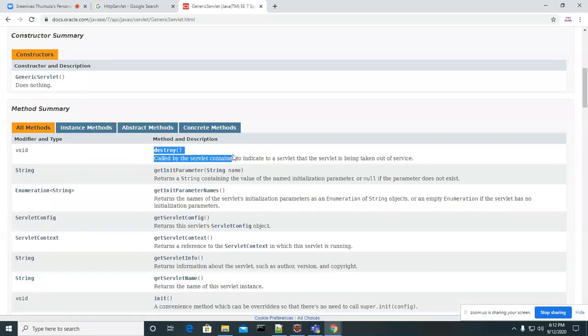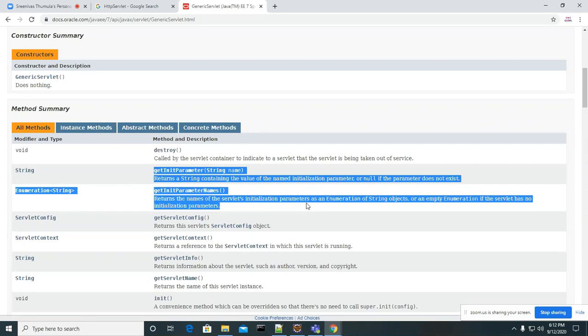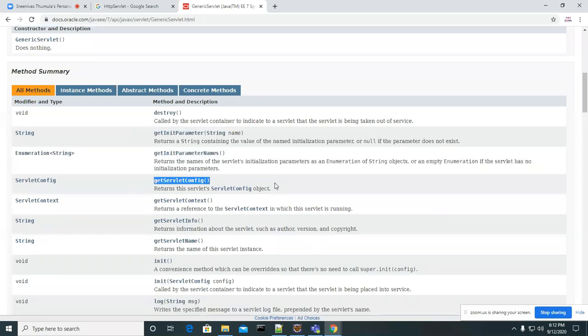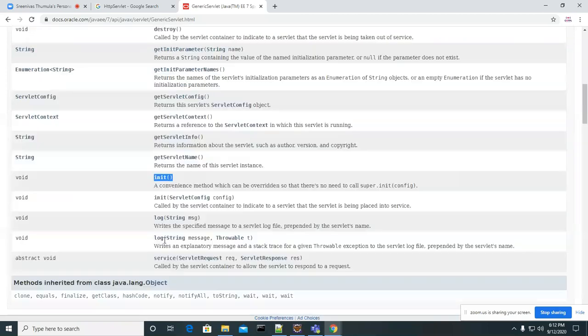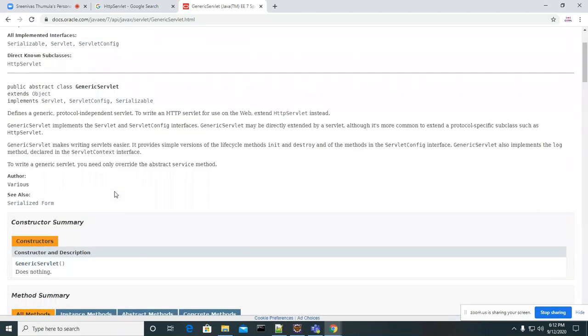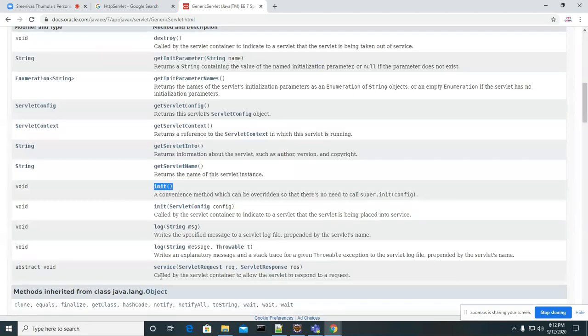They are already implementing the destroy method, getInitParameter, and so on. These are the extra methods they provided. Leave it. They implemented getServletConfig, getServletInfo, the init method and the service method. So we have two init methods here, one which takes the ServletConfig and one which doesn't take anything. But anyway, these are extra methods. We have those five methods which are part of the Servlet interface, right? So the Servlet interface has five methods. Do you have those implementations or not?